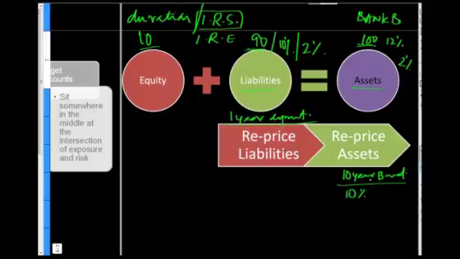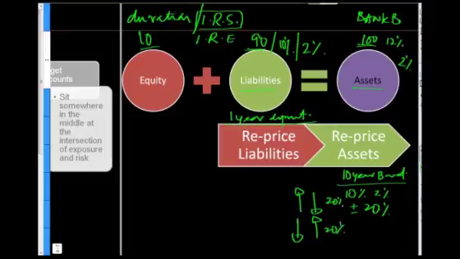So if rates go up by 2%, we are saying that the bond's value will change by plus or minus 20%. If rates go up, the value will come down by 20%. If rates come down, the value will go up by 20%. Which means that our 100 billion inventory of the 10-year bond is now worth only how much? A 20% reduction in 100 is now worth 80.